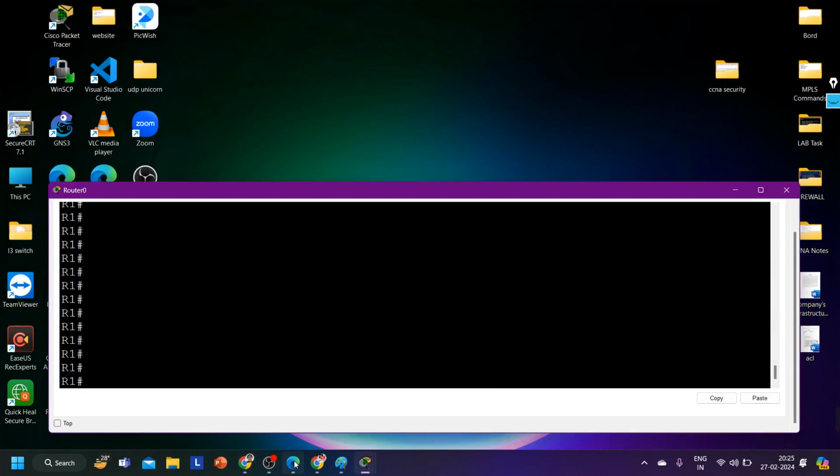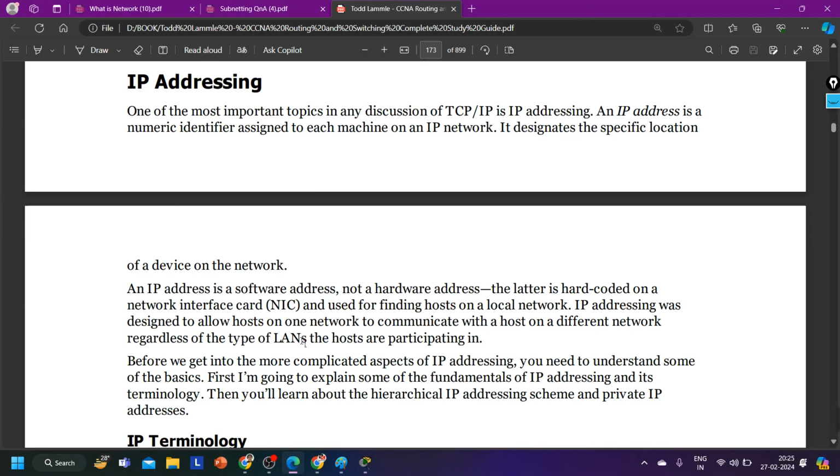Now I am going to tell you about one book. I'm talking about this book, the CCNA Todd Lammle routing and switching book. I have shared it in your group as well. Here you can learn more about IP addressing. From here you can start the reading. One of the most important topics in any discussion of TCP/IP is IP addressing. An IP address is a numeric